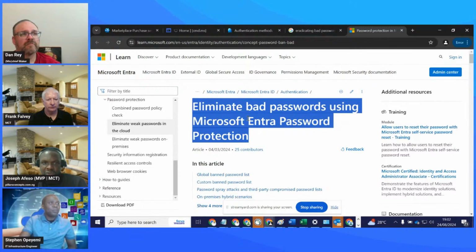Passwords that we have in our environment need to be protected, right? And that's very important that we look into it. Last week I tried to show